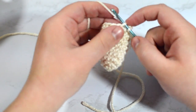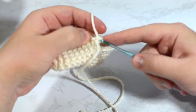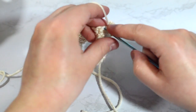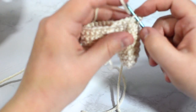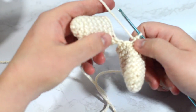1, 2, well, 9, 10, 11, 12, 13, 14, 15. So I like to then go into, this is what I do to keep it so that there's not